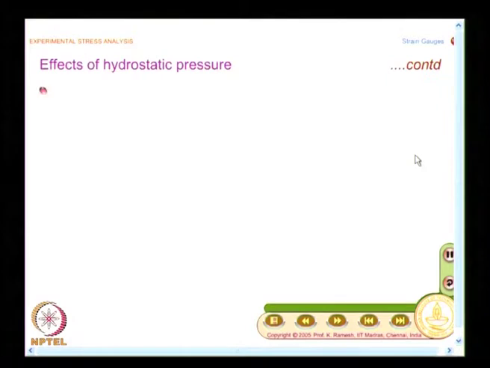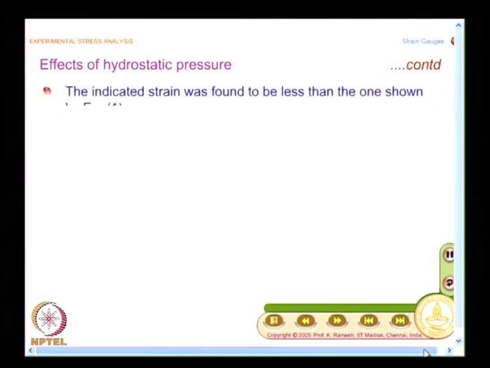What people found was, up to a certain pressure there is a match, beyond a certain pressure there is deviation from the indicated strain value. So, whatever the indicated strain value is, it needs to be corrected, and you need to have a methodology to develop the correction factor. So, this is what we are going to look at. The correction factor is what we are going to look at, how to get it.